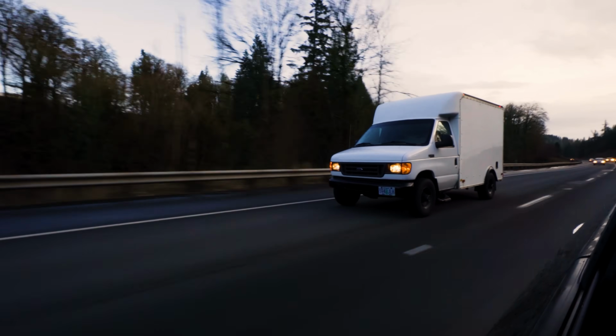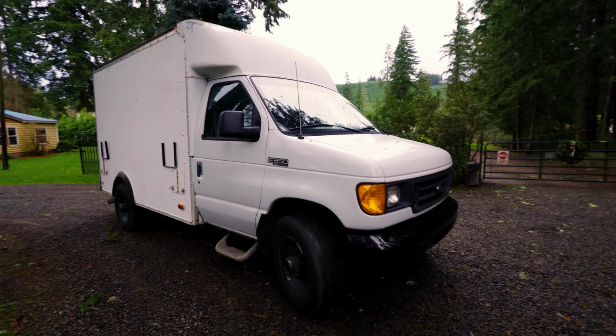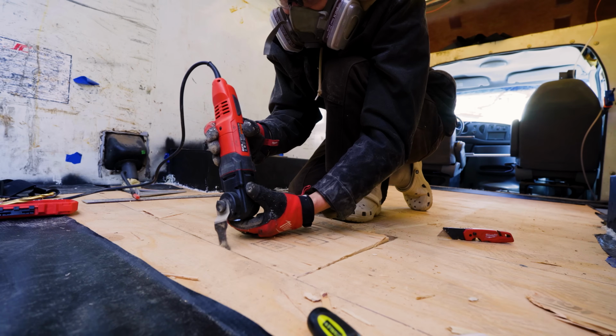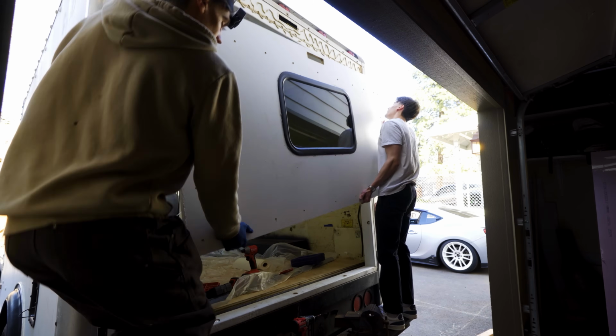My name is Max, and at the start of 2025, I bought a van. For the past few years, it has been my dream to do a van conversion. And when I found this old Ford box van on Facebook Marketplace, I knew I couldn't pass up the opportunity. Over the past few months, I have been doing a ton of work to my new van, but most recently,